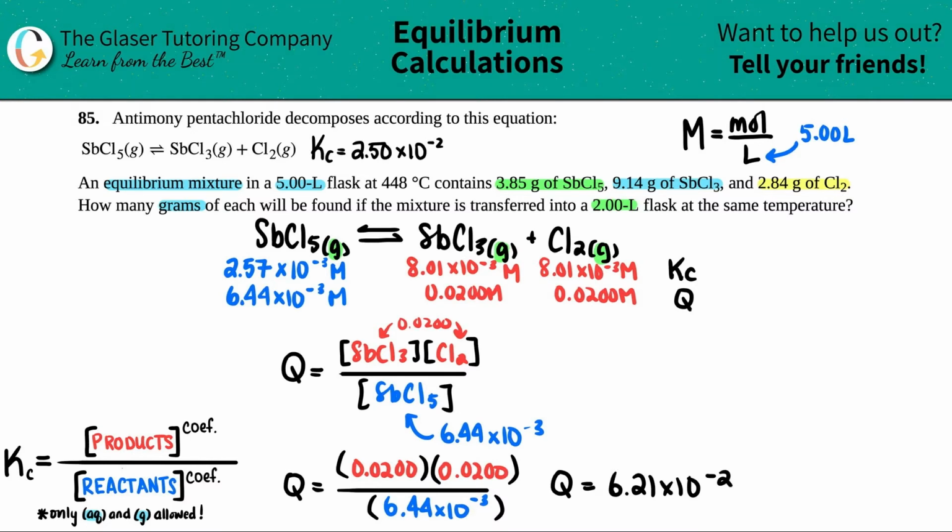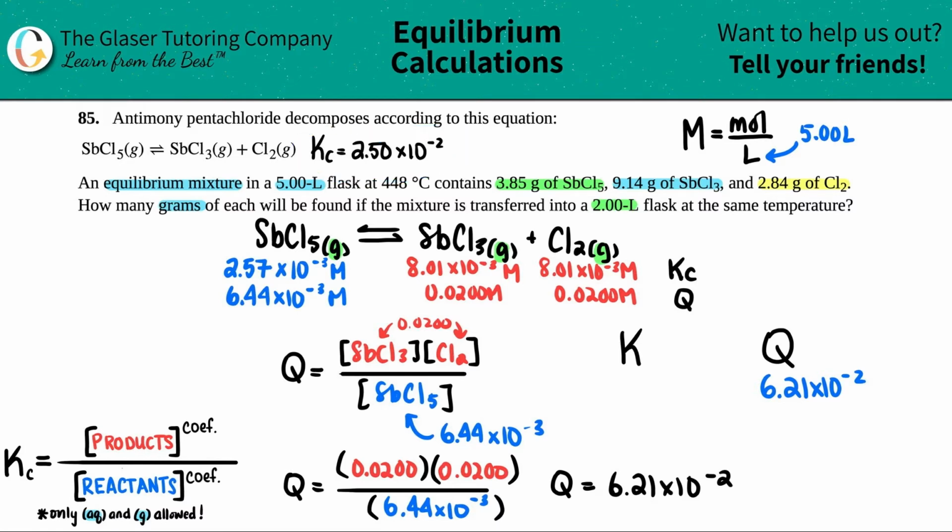So now we have to compare the Q value with the Kc value in order to determine which direction I'm going. Am I going to be going in the forward direction, or am I going to go in the reverse? Well, let's see. There's a little trick here, guys. Remember, if you want to compare, put the Q value on the right side and the K value on the left. The Q value we just found was 6.21 times 10 to the negative second, and the K value was